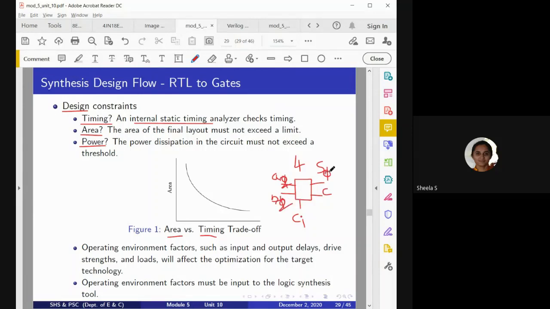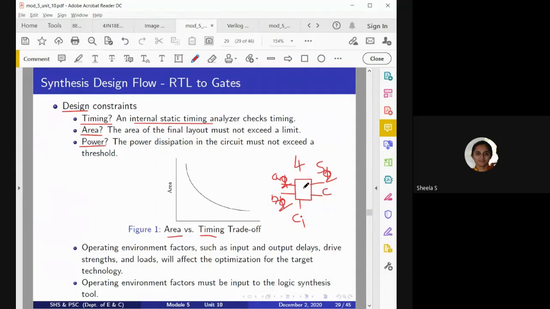So like this, we are able to perform n-bit addition, but how much time will it consume? At a time, only one bit addition. So if it takes 1 microsecond to perform 1-bit addition, then to perform 10-bit addition, it will take 10 microseconds. And here the area is less because I have used only one full adder.